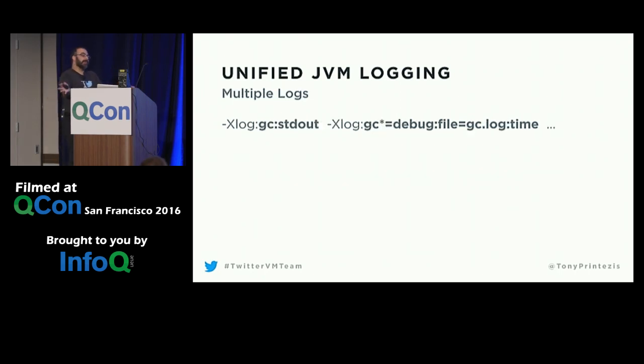And the cool thing is that you can actually enable different logs. So let's say we want to enable some basic logging, like the GC tag at the very basic level, and send it to standard output. So we're looking at the console to see what's going on, right? But then we want to enable more logging that goes to a file. You can pass different parameters. In this case, we'll just send much more information to the log file. So that's really cool. That's something you can do right now, and that's actually very, very cool.